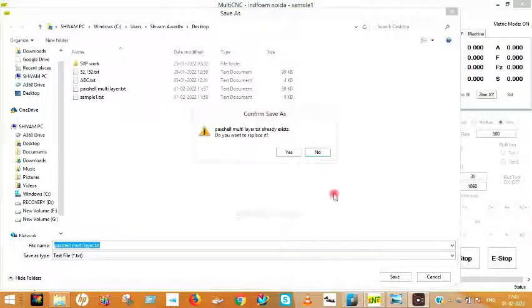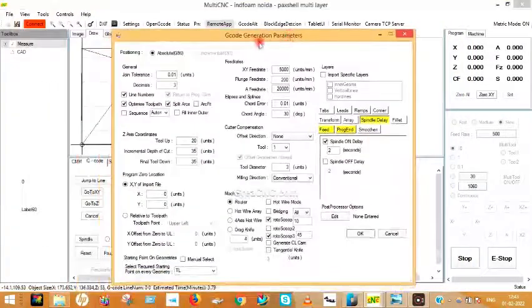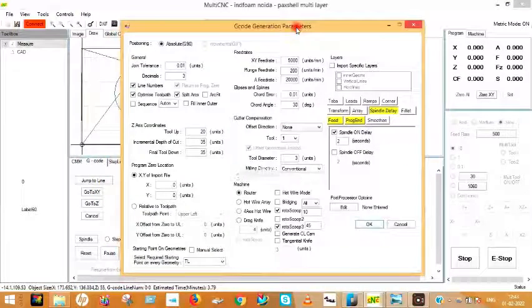Now the G-code generation parameters came up. Here you have to remember a few things. This setting is for an OTK machine, oscillation tangential knife machine. So all the parameters are for the same. So wherever you are using a multi-layer DXF, you have to